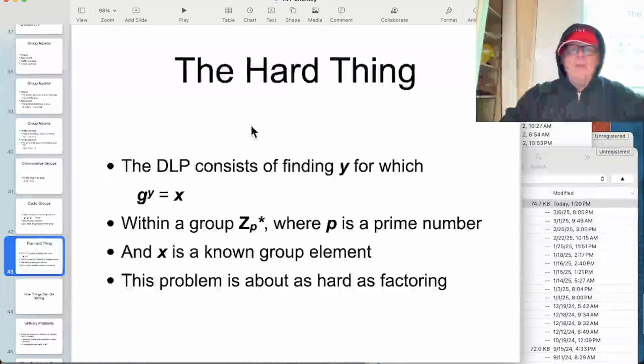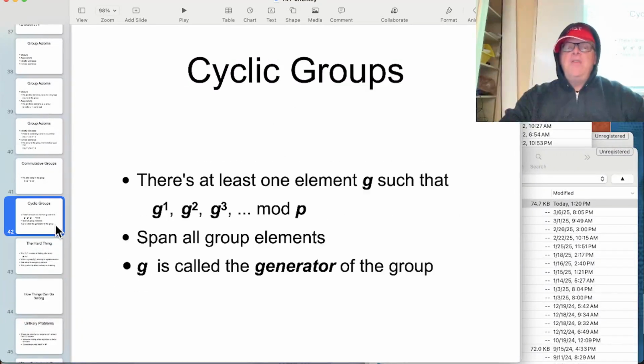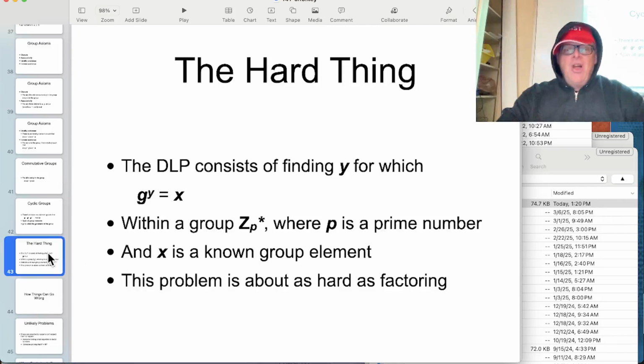All right, so now you can define the hard thing. Since you have a cyclic group, for every element in the group, I can take the generator to some power and create that element of the group. I can now define a logarithm. A logarithm means if I have X, and I want to know what power I would have to raise the generator to get X, that's the logarithm, finding the Y. So that's the discrete logarithm problem. And if you think about it, this is essentially the hard problem in RSA, and all public key encryption is based on this hard problem in this sort of abstract mathematical sense.